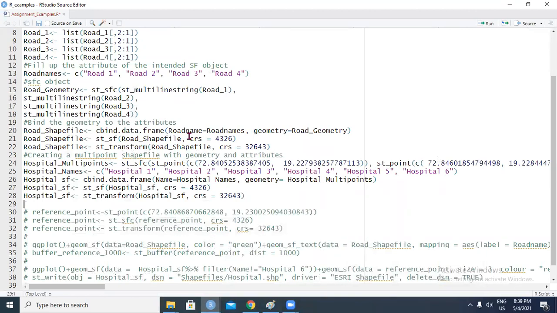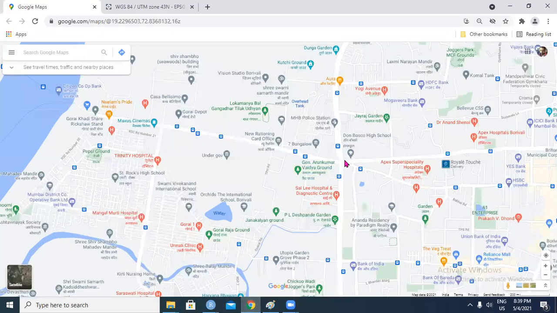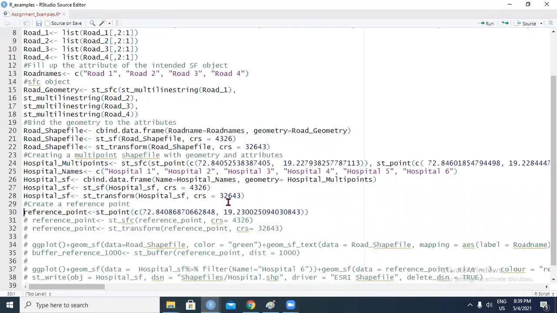Now I want to create a reference point. How I do that is I use st_point. I've just collected the lat long of a place near this intersection, and I have inverted it and used st_point and saved it as a reference point.